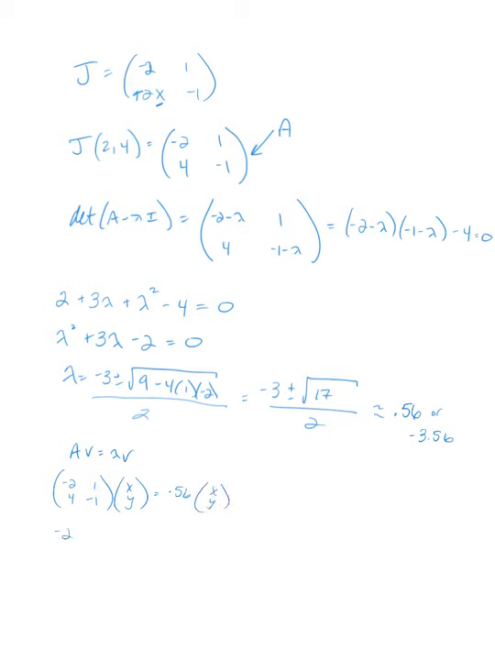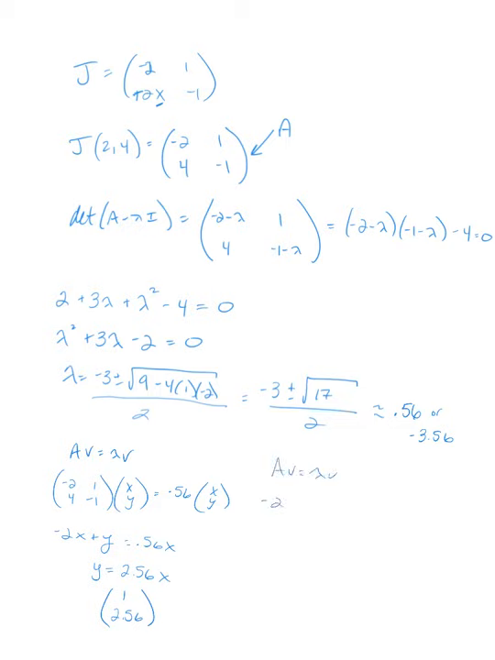And I get -2x plus y equals 0.56x. So y equals 2.56x. So an eigenvector might be 1, 2.56. And then my other one,